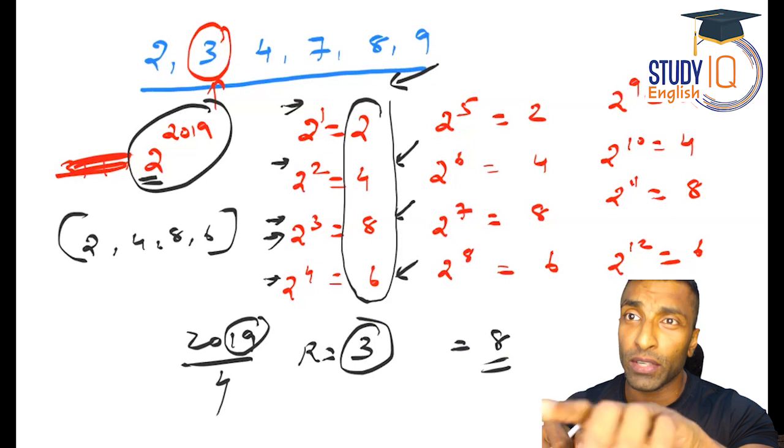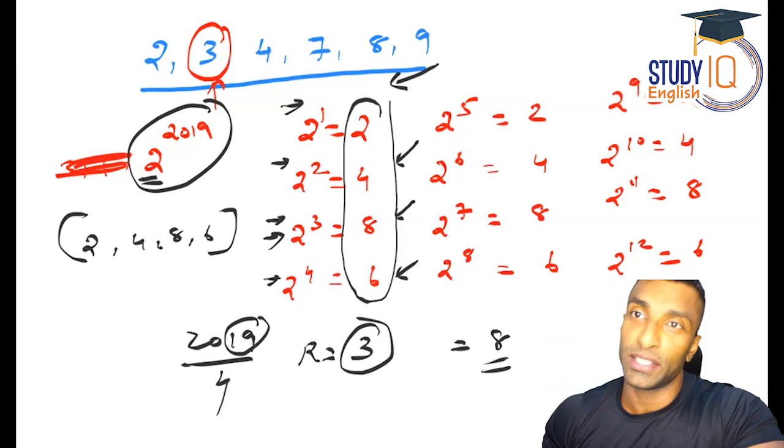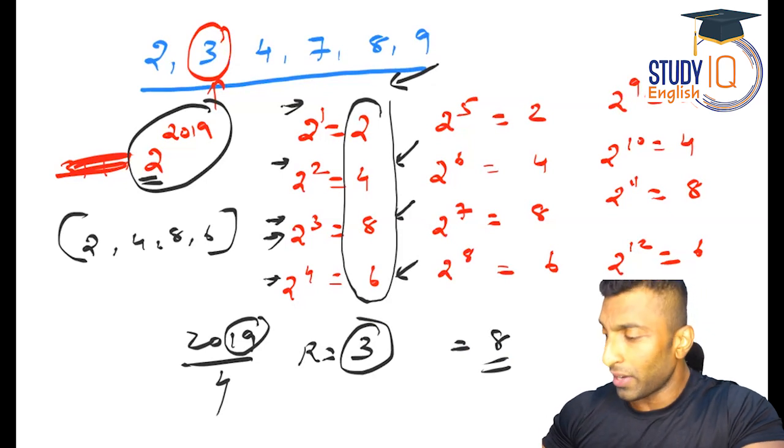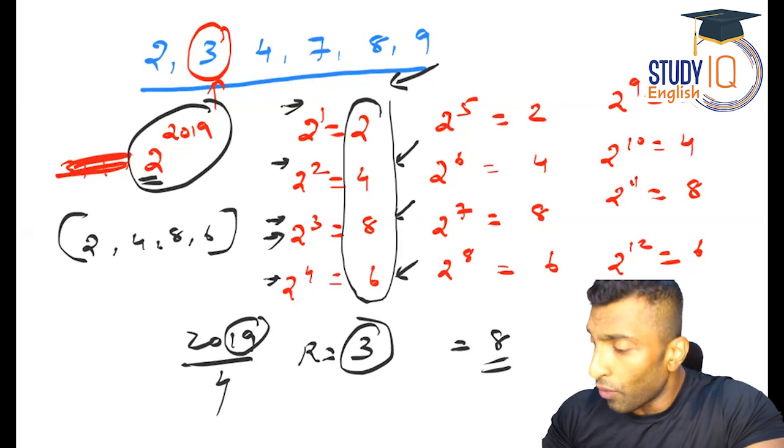Why divide by 4? Power cycle is 4. What I did then, I took the remainder. Then I understood what position it stands. So let's talk about another number. Let's talk about 2 raised to, or 12 raised to